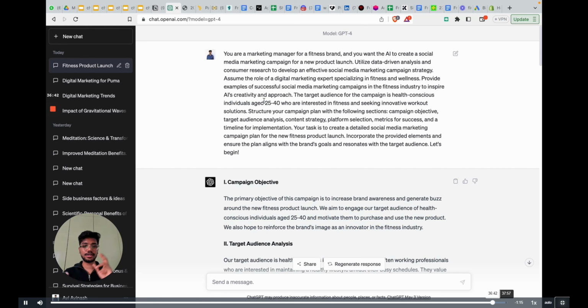So whenever you're not getting the answers you want, you have 2 options. Either, if the majority of the answer is good, you can add in a line saying, I like everything, but this one thing I don't like, maybe change it. That's one way of fine tuning. Or if 70 or 80% of the answer is not what you want, you rewrite your entire prompt and see, maybe this is causing the trouble, that AI is not understanding what I want. Let me be a little clearer, more concise or specific, whatever it is. Even that is fine tuning.